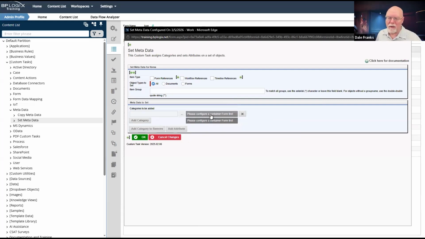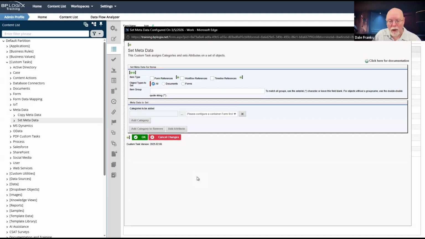I didn't configure a container form here, and I'm not actually calling it from anywhere. This is just a preview. So if I know what my container form is, I can take the category picker and the attribute picker controls. I can take their values and use them to set metadata. It's a weird one. It doesn't much matter whether I do it in the custom task or in the form, because no matter where I do it, I have universal access to all of the objects.